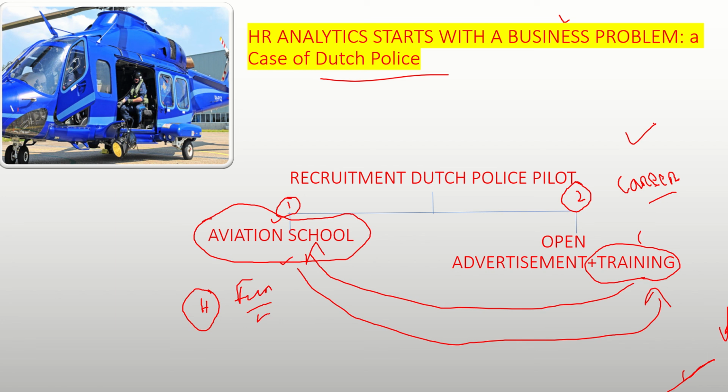They learned that if they selected the people who were already on the street and gave them the expensive aviation training and sent them to the aviation schools, those people in the end had a better ROI, return on investment, than getting the cheaper candidates who had already done aviation school and training them to fly the police helicopter. So it was found that the ROI was more in the second case.